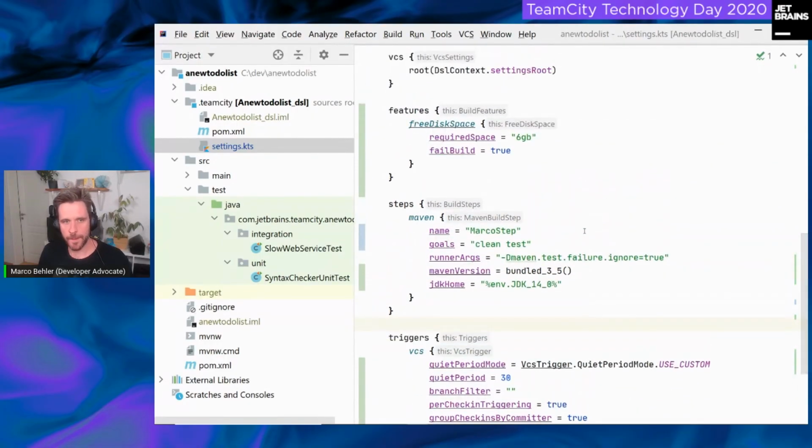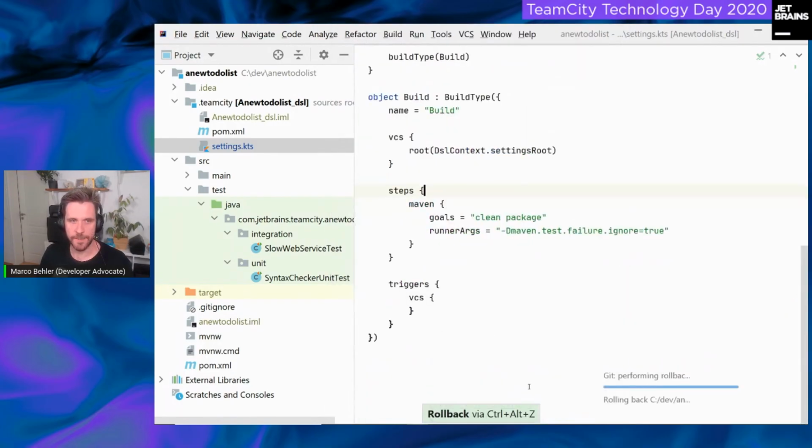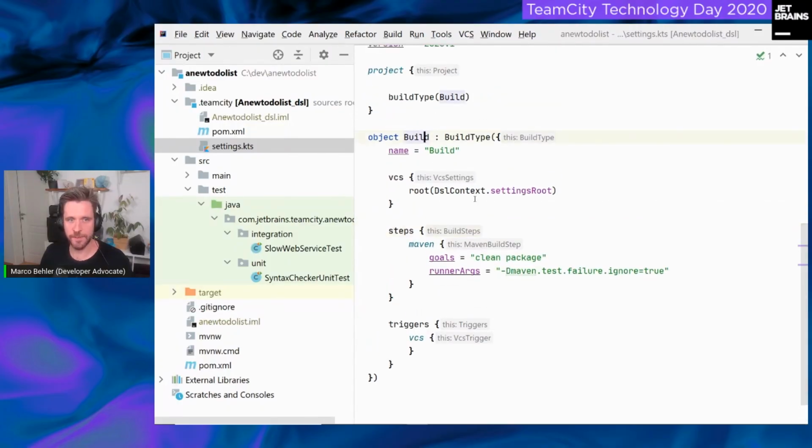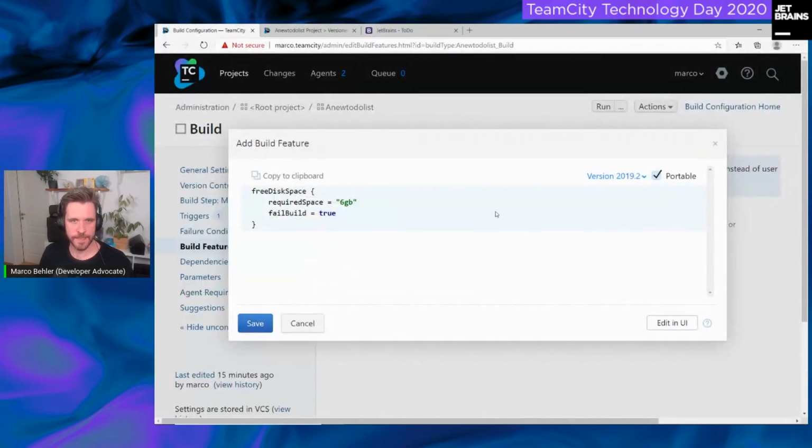Now, I put in all this Kotlin code, and actually for what I want to show you next, I'm just going to quickly revert it. I'm just going to roll back because I don't want my build features and my VCS trigger and whatever to be custom. I just want to have my simple build object again with the clean package goal, right? And we saw what happens when you now commit something: TeamCity, the server, picks it up, changes the configuration. The next question is, what happens if you change a Kotlin script file here, but you also make changes in the TeamCity UI, right? So for that, let's actually go back